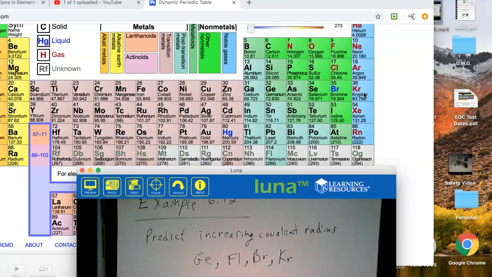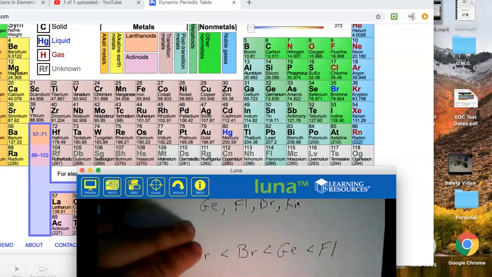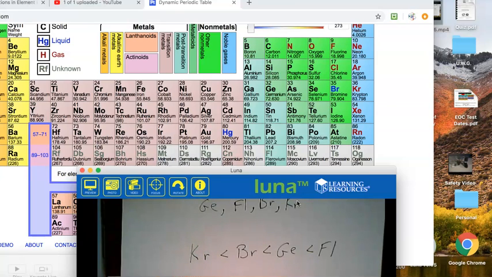So the smallest element then would be krypton. Okay, and then the next would be bromine, and then the next would be germanium, right? And then comparing germanium to flerovium. Flerovium's lower. Remember the trend from top to bottom, the atoms get larger. So the largest element here would be flerovium. Right? So basically your ranking here would be krypton